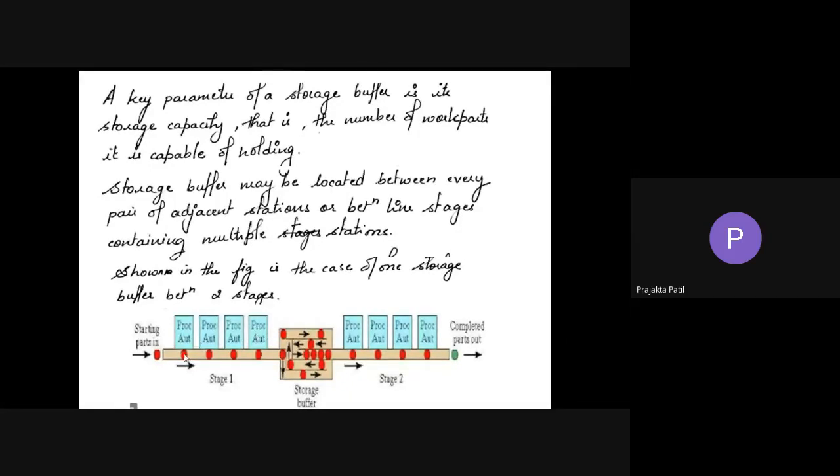All the parts move in a sequence. A part gets processed here, it comes out, it goes here, it comes out. Now it has to get processed here. Because this has stopped working, there has to be some time given for the repair, for maintenance, or whatever is the reason for the breakdown. What will happen? These 3 stations are working fine, they will keep producing parts, but things will get stocked up here. It will not move to the next station, right? In such situations, the buffer storage plays a very important role.